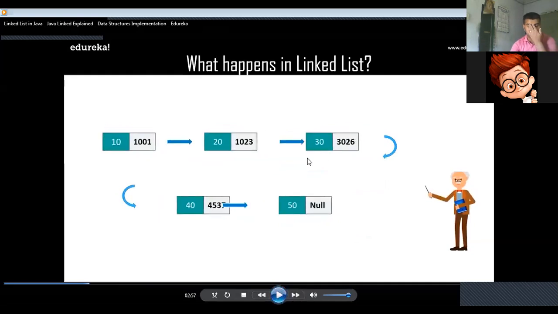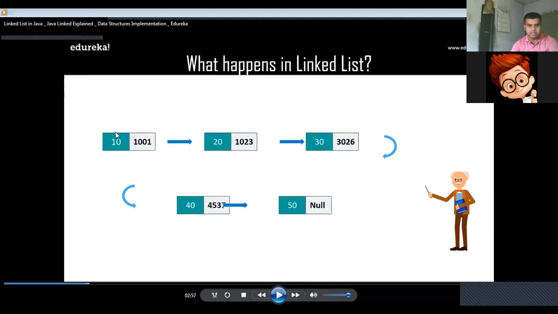Okay, just to show you this part. As you can see, each of these is termed a node, and every node has two particular segments. One part is known as the data value, and the other part is known as the address value. Now on the left hand side, you can see the 10. This part is known as the data